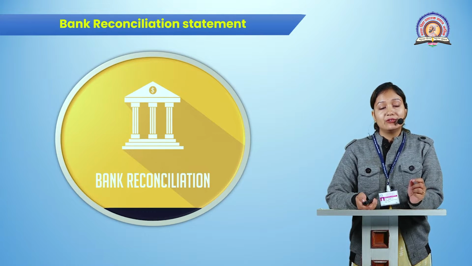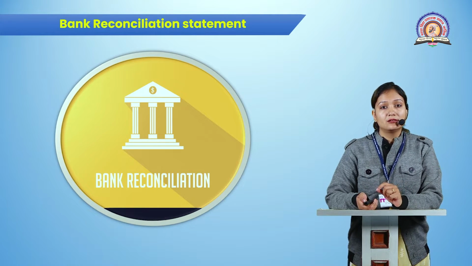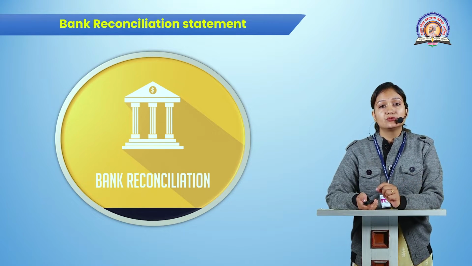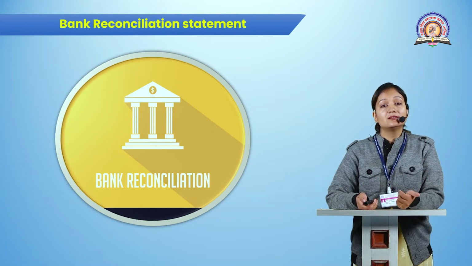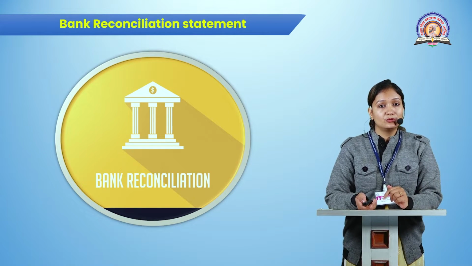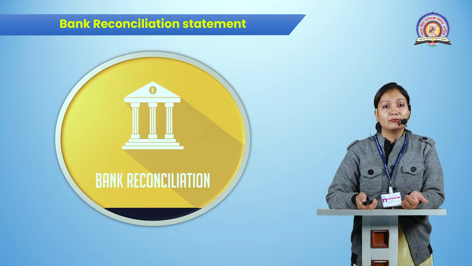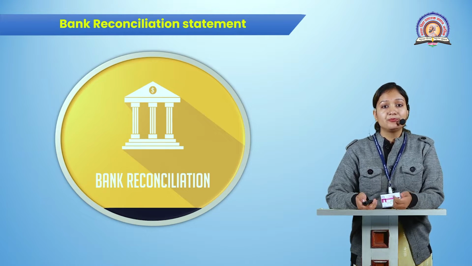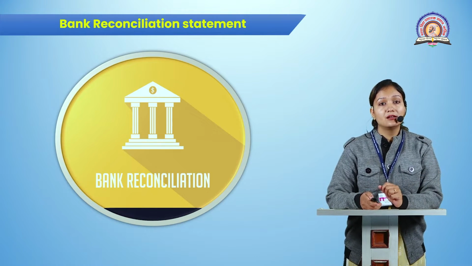Now, when we are talking about an institution or a particular entity, every institution, entity or company is there to make a profit. So, a bank is also an institution that is going to make a profit. How does the bank make a profit? When the bank lends a certain type of loan to customers, the customers pay some amount of interest on that loan, and that is the profit for the bank. We can say that is the income for the bank, and that is the reason we say the bank is an institution that makes a profit.